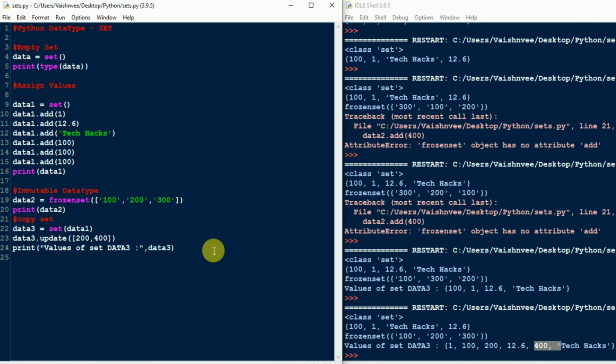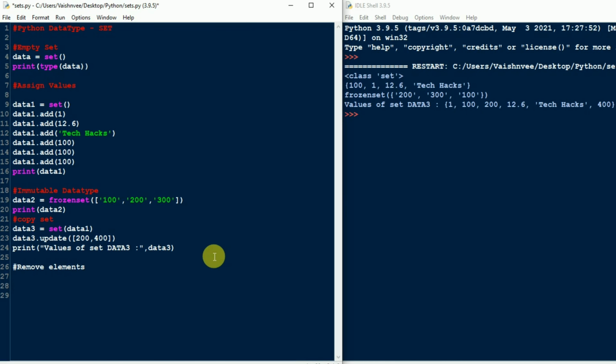Now we are going to see how to remove an element in the set. So here we go. There are three ways you can remove an element. First of all, using the remove method or function. Second one is discard, and third one is pop. Okay, when can you use the remove method? Suppose this is my list and you want to remove 200. You know that the 200 is present in your list, it is not empty, and you have fixed in your mind that I want to remove this 200. At that time you can use the remove method.